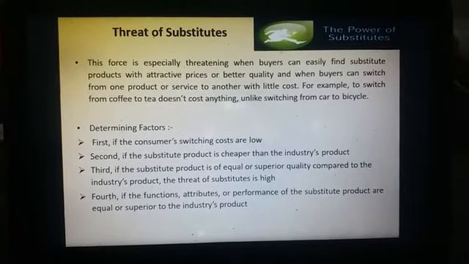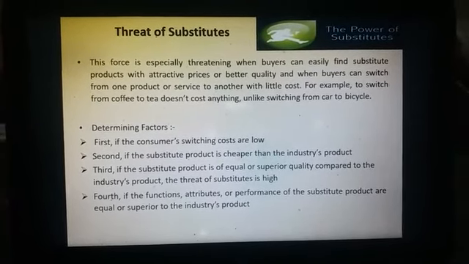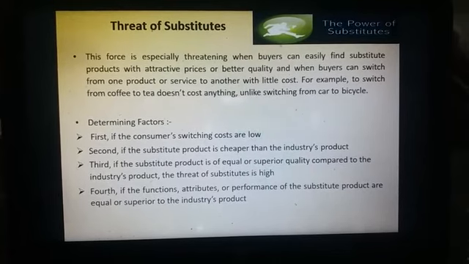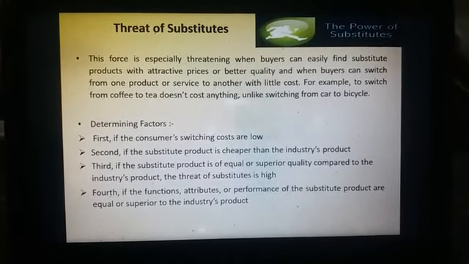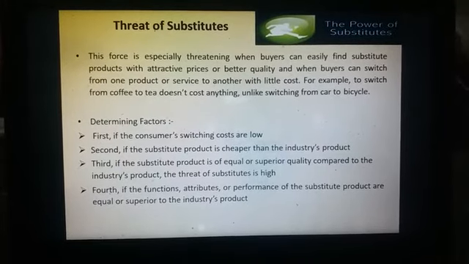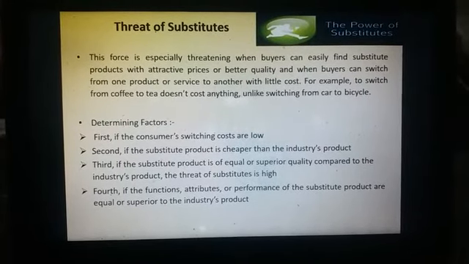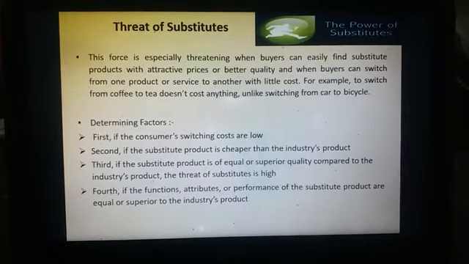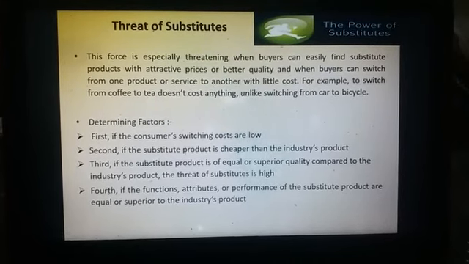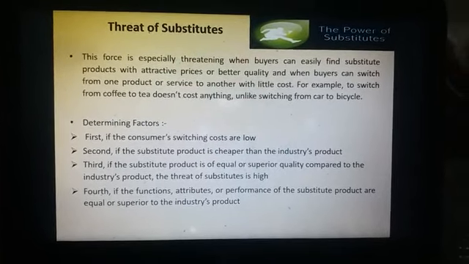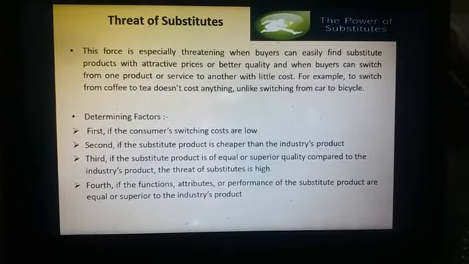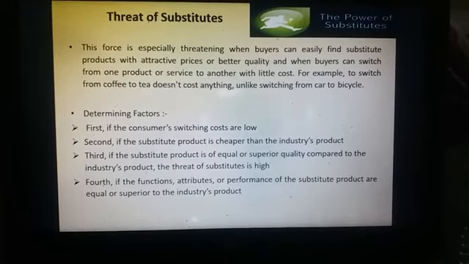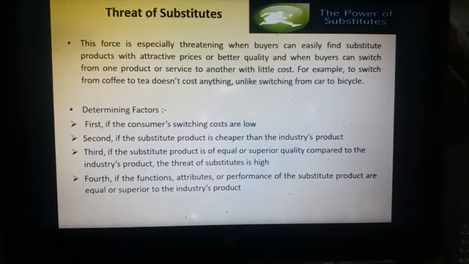When the number of substitute products increases, the competition also increases as the customers have more alternatives to select from. This forces the companies to raise or lower their prices. Hence, it can be concluded that the competition created by the substitute firms is price competition. So, substitute goods are those which can be used as an alternative to one another.